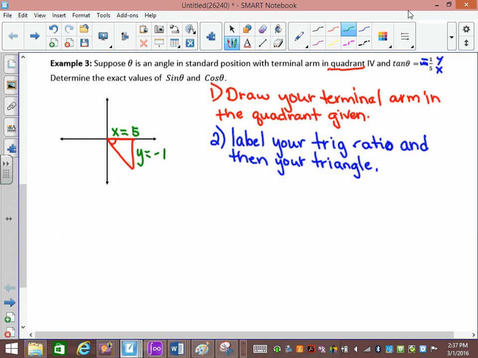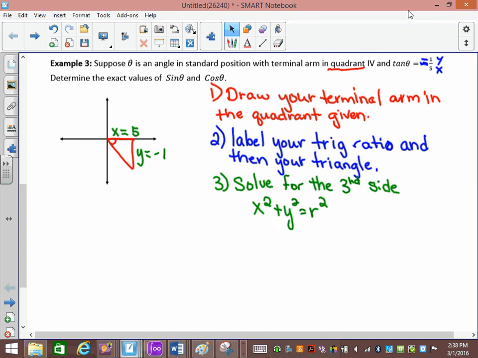Still, the third step is to solve for the third side. So just like yesterday, x squared plus y squared equals r squared. And just like yesterday, we're solving for r squared. But like I said, we might not be solving for r squared. We might solve for x or y, depending on if we don't get given the trig ratio tan. So we know x is 5 squared plus -1